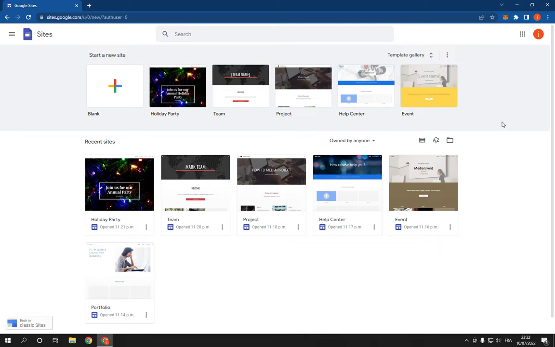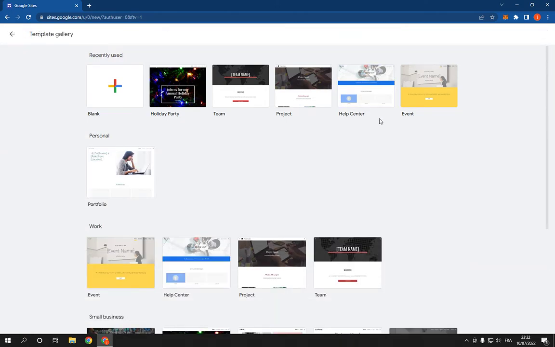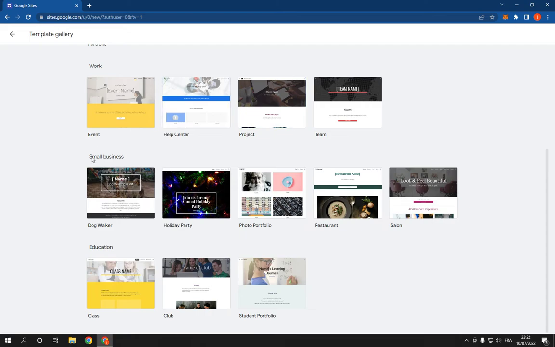First thing you have to do is go to Google Sites. Of course, this is the home page. Now all you have to do here is simple. Just click on template gallery and scroll down until you find small business. Go to photo portfolio, click on it, and now here, as you can see, you will be able to edit